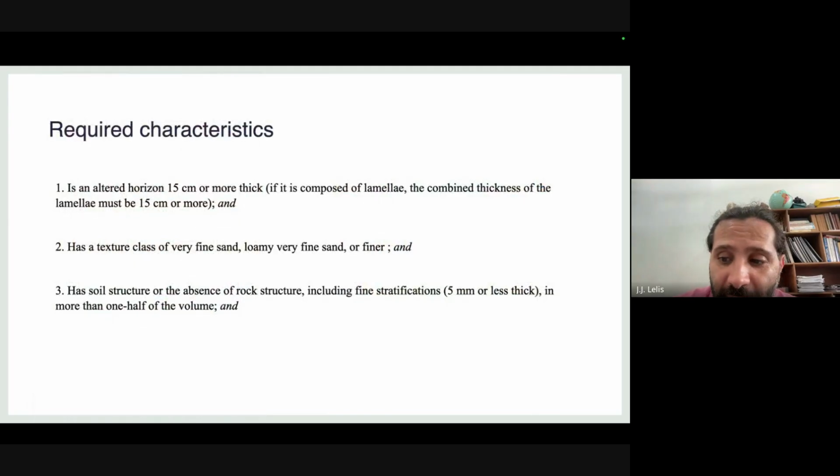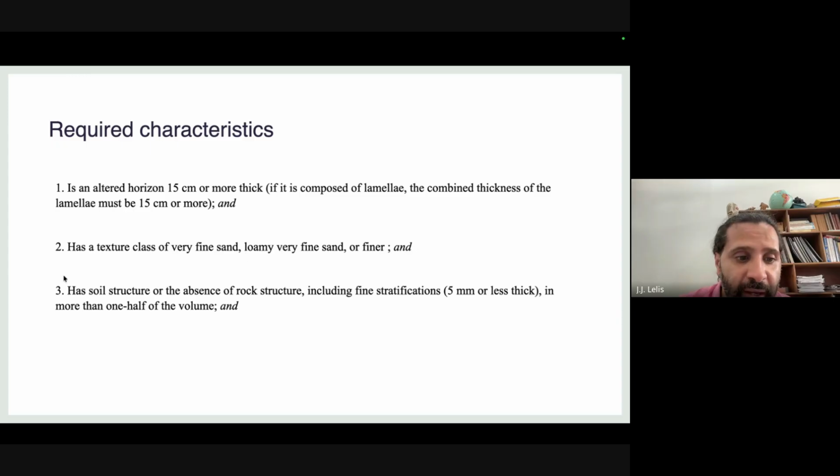So let's see the characteristics of a Cambic horizon. It is an altered horizon that has 15 centimeters or more of thickness, okay? If it is composed of lamellae, the combined thickness of the lamellae should be 15 centimeters or more, and it should register a texture that's very fine sand, loamy very fine sand, or finer than this. So I cannot register a very high content of sand, should be at maximum of 70% and at minimum 15%